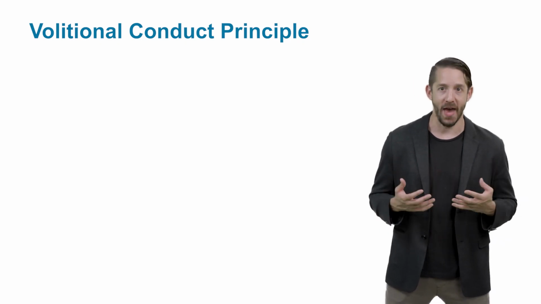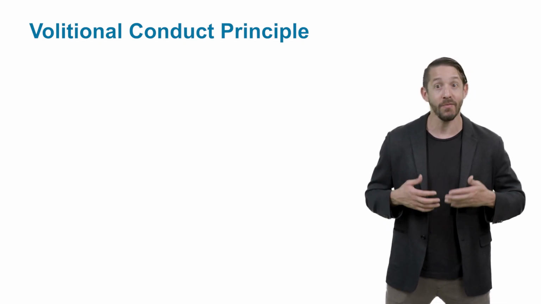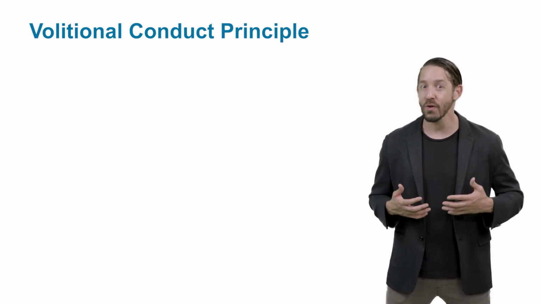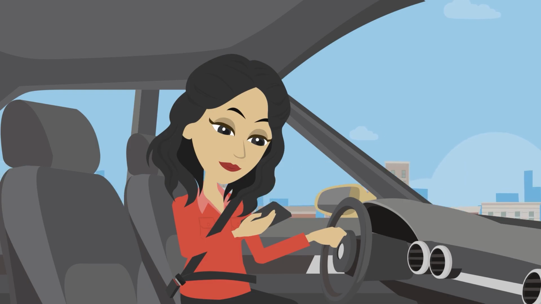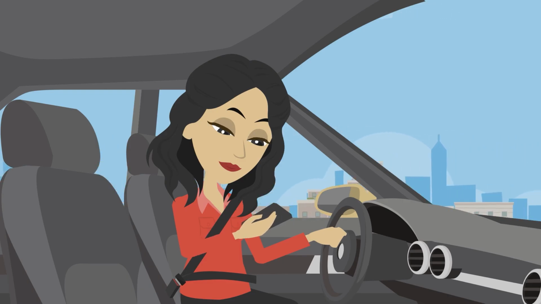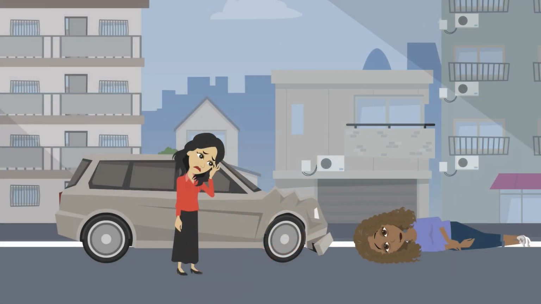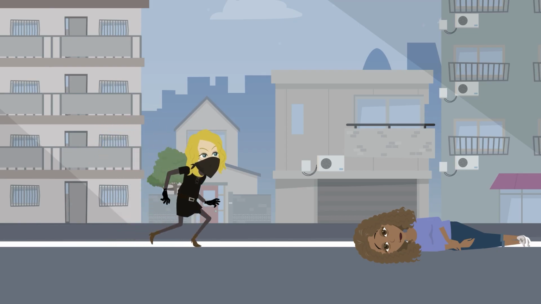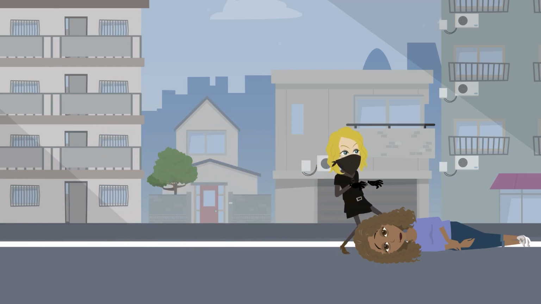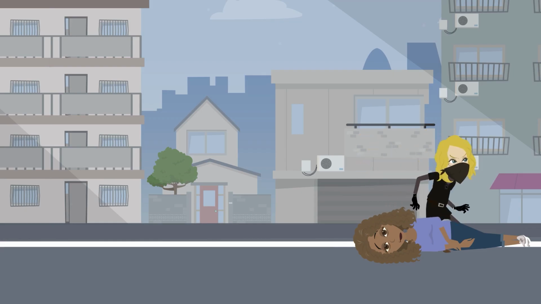Now I want to tweak the facts so that you can see the impact of the volitional conduct principle even where reasonable foreseeability is present. Imagine, for example, that Dina hits Vilma, not in a mountainous area, but in a high crime neighborhood where robberies are well known and rampant. As it turns out, the members of a local gang looking for a robbery opportunity see an injured Vilma lying on the ground 30 minutes after the initial accident and take advantage of her vulnerability, robbing her of all of her valuable belongings while she's on the pavement.